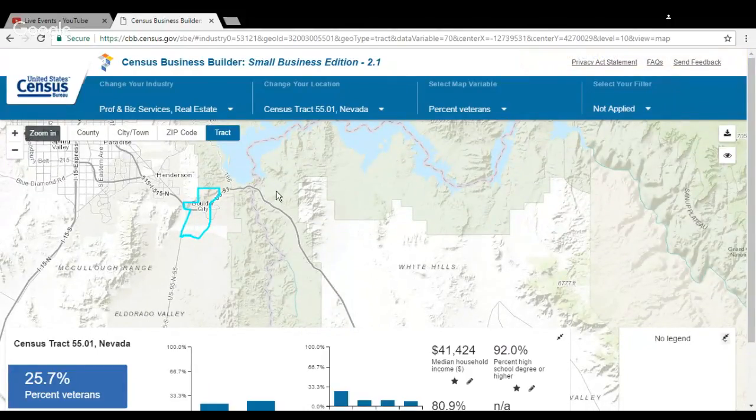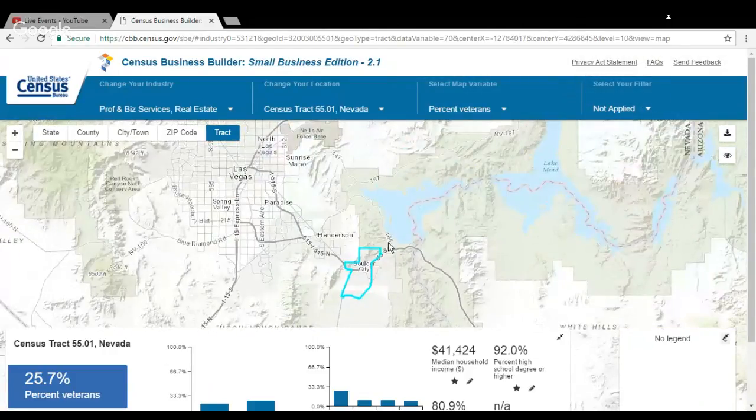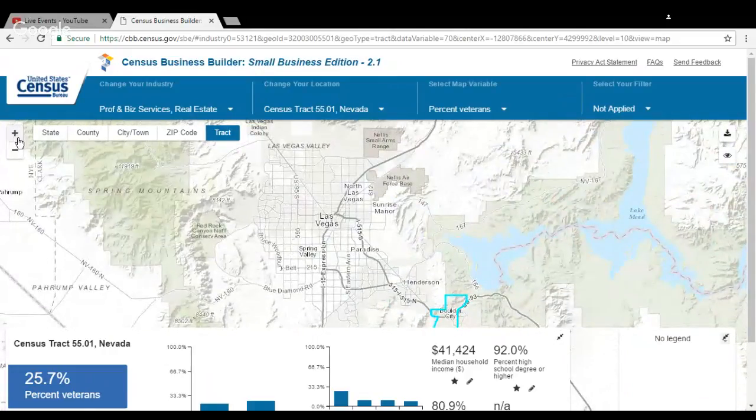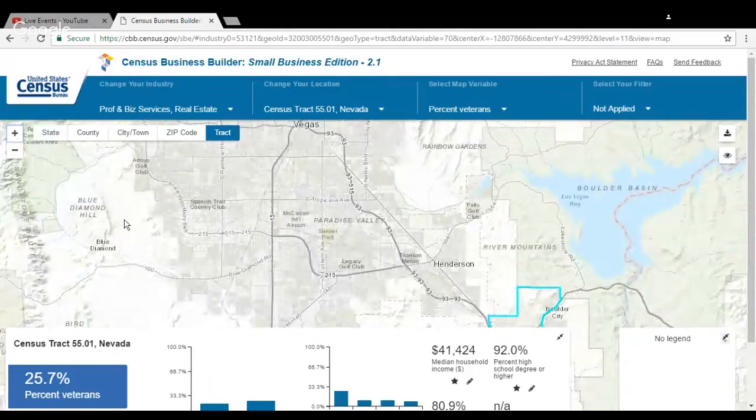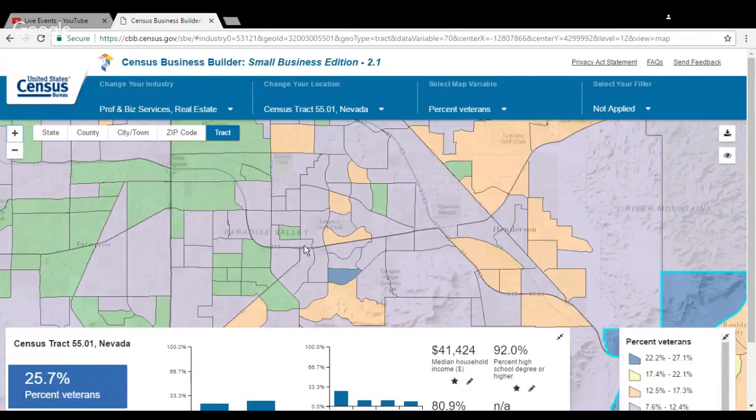So the other thing you can do is add a filter. And that'll be the last thing I want to make sure that the audience knows how to do. Let me see. It looks like we lost a little bit of coverage on our map here. Oh, there we go. Now it's back. So let me change this back to